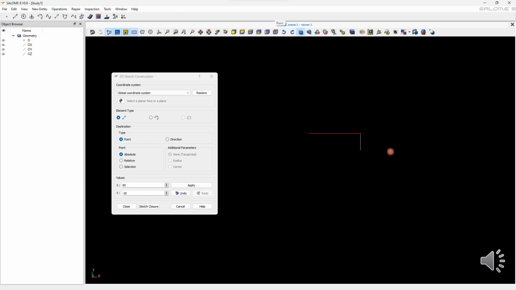Now you can see I want to create a pie, so for that I want in this direction. So for that I'll apply minus 30 in y direction and click this apply button, and again you can see that I will create a line in x direction 30, and you can see I have created a line, and again I will create a vertical line downwards